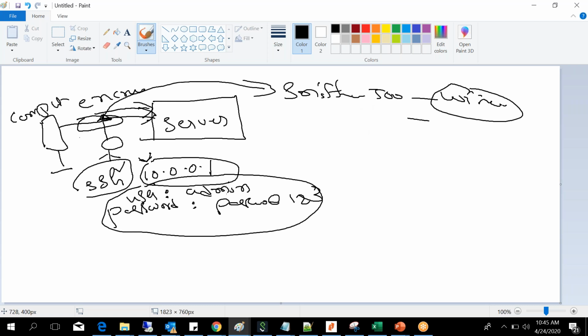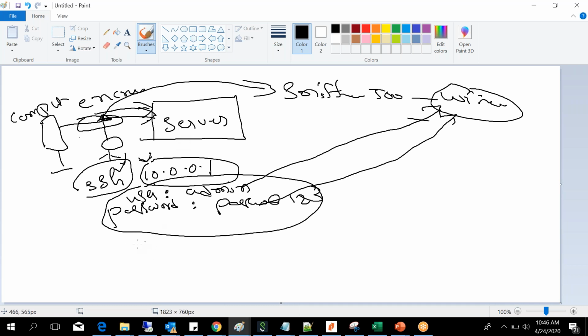If you're not transmitting via SSH, you will be able to see the username and password when you capture the traffic. If you send via SSH, everything will be encrypted, so you cannot read what the administrator has sent. So that is SSH.